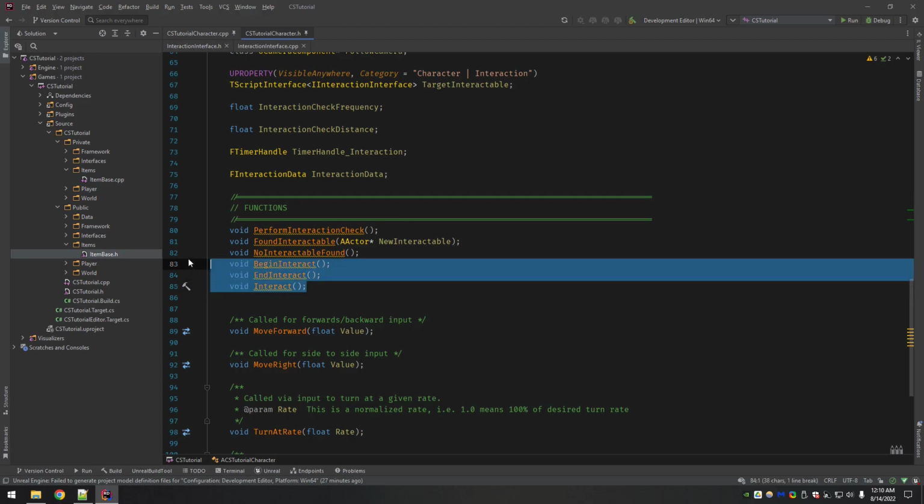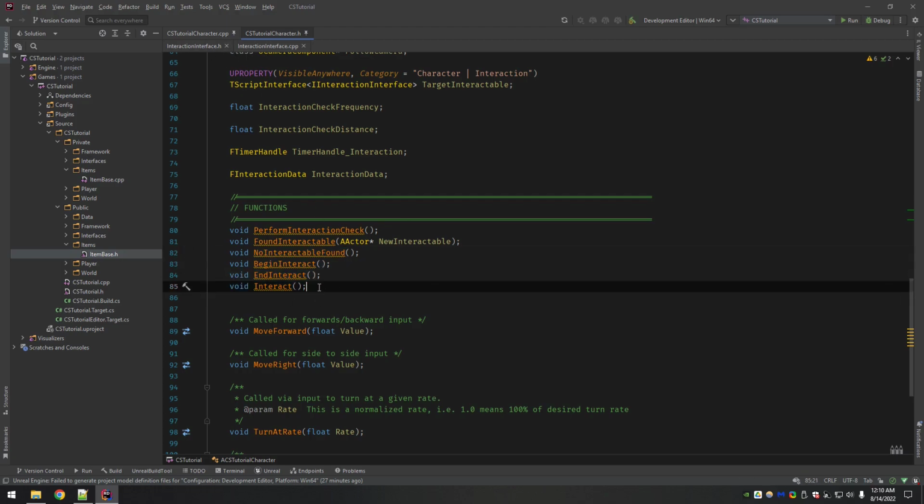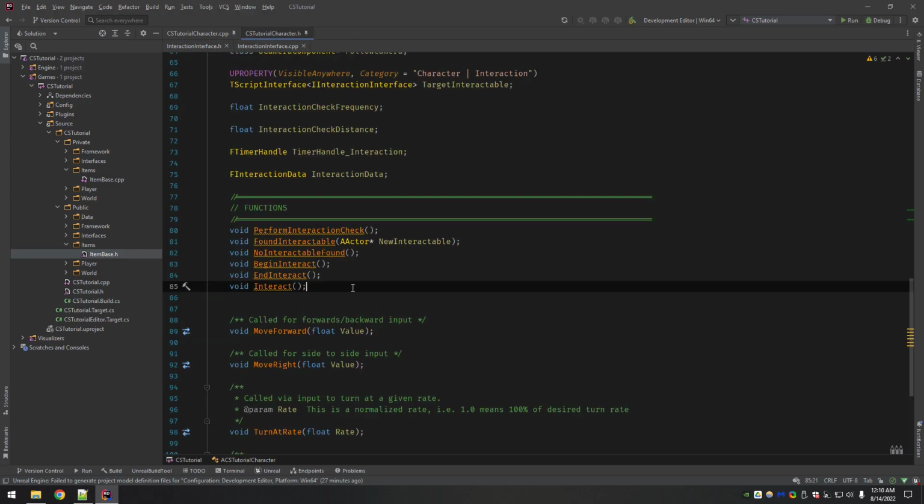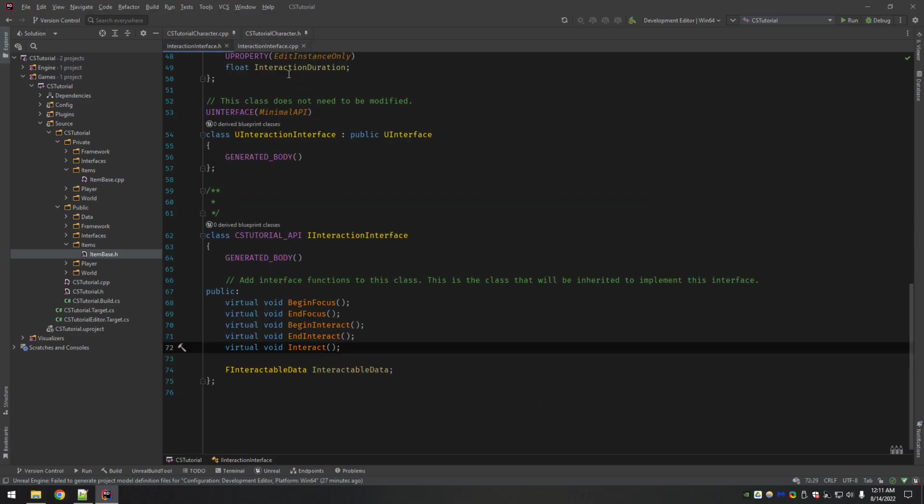You can think of them as the main ones, because this is coming from the character. So this is the action of interacting. Then when we're implementing this on something, this is the one that's going to be called when you interact with it. So that's the difference here. These are the ones acting on, and this is the one that is receiving that action.